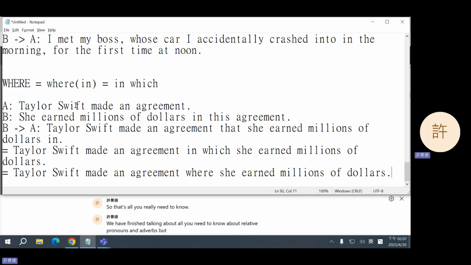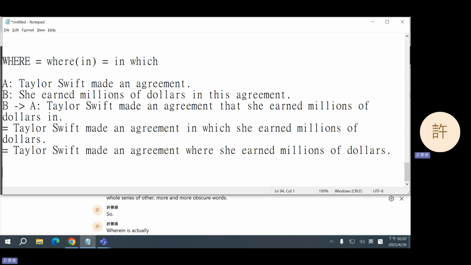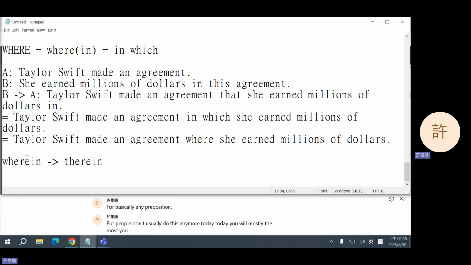But since we brought up wherein, we can bring in a whole series of other more and more obscure words. So wherein is actually asking a question that is answered by the word therein, which means in this place or in this whatever. So you can use this structure for basically any preposition, but people don't usually do this anymore today. Today, the most you will see is wherein and therein,